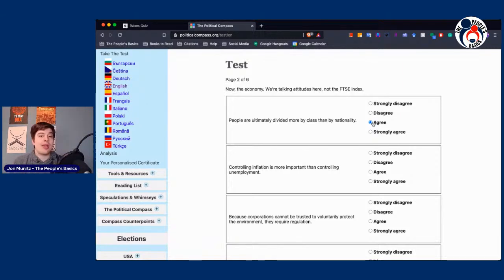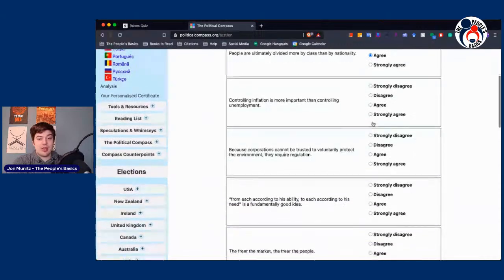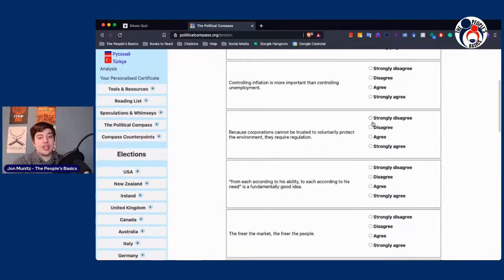Now, mind you, there can be exceptions. I'm not saying every rich person is completely out of touch, but I think that divide is a little bit larger than nationality. Next, controlling inflation is more important than controlling unemployment. Yeah, I actually kind of agree with that statement. Because here's the thing. If your sole metric is unemployment, there's going to be a lot of factors that are going